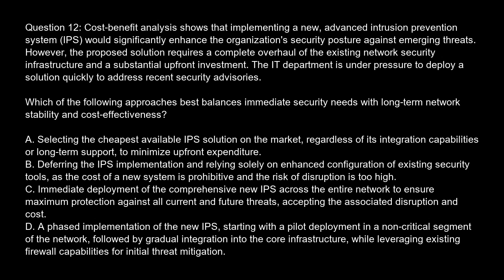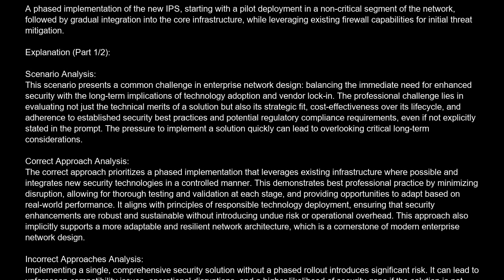Option D. A phased implementation of the new IPS, starting with a pilot deployment in a non-critical segment of the network, followed by gradual integration into the core infrastructure, while leveraging existing firewall capabilities for initial threat mitigation. The correct answer is D, a phased implementation of the new IPS, starting with a pilot deployment in a non-critical segment of the network, followed by gradual integration into the core infrastructure, while leveraging existing firewall capabilities for initial threat mitigation. Explanation: scenario analysis. This scenario presents a common challenge in enterprise network design, balancing the immediate need for enhanced